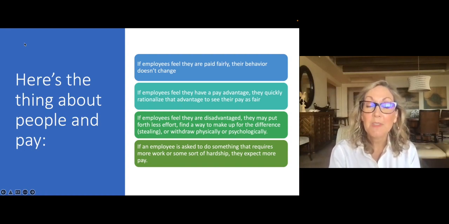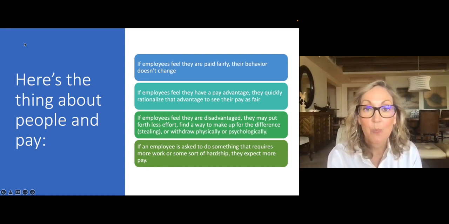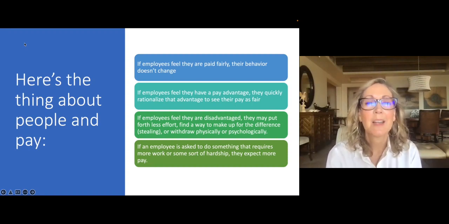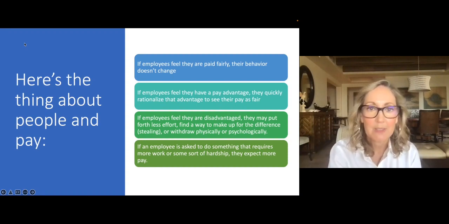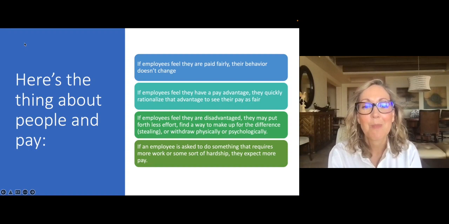However, if someone has an advantage, if they know I am being paid way more than anyone else, when you find that out, for a hot minute you will think, wow, that's awesome. And then the way the human brain will quickly work is to say, actually, it is fair that I'm paid more. I deserve more. I do more than everyone else. I'm smarter than everyone else. I'm better than everyone else. That's just what we normally do. Our brains typically don't think that we are ever at an advantage. Our brains will quickly rationalize and come up with reasons why it's okay for you to have more.